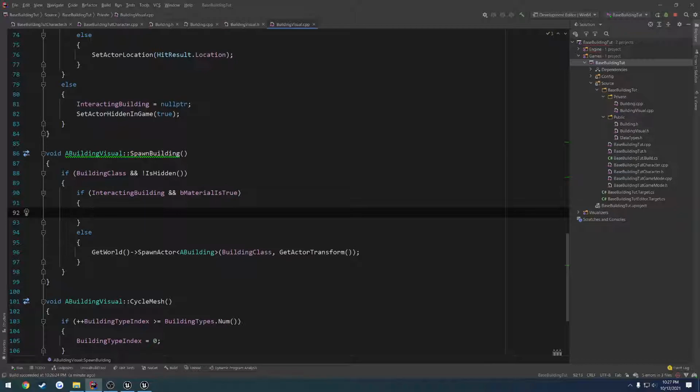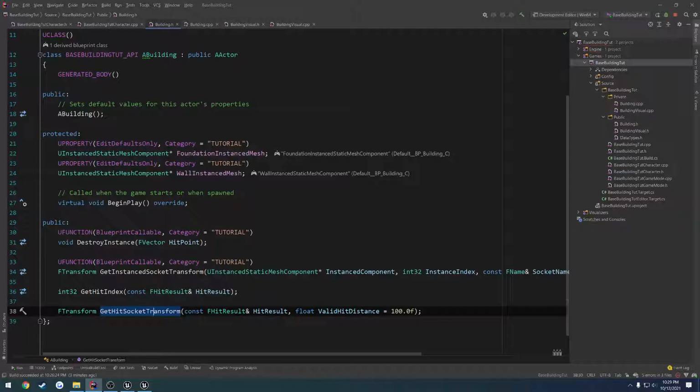And kind of go from there. So I need to think about this real quick. All right, so we're going to want to create a function under building.h for adding an instance. To do that, we're just simply going to do void add instance. And for now, I don't think we're going to take in anything other than, let's see, what should we take in? I want to take in,